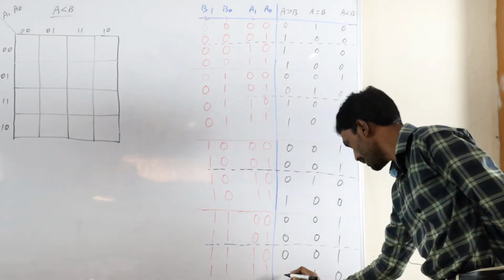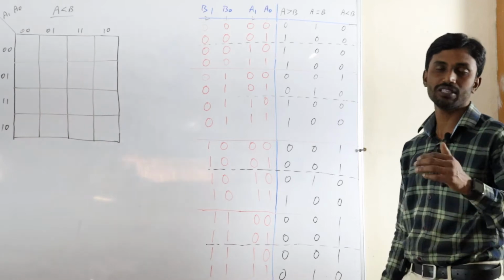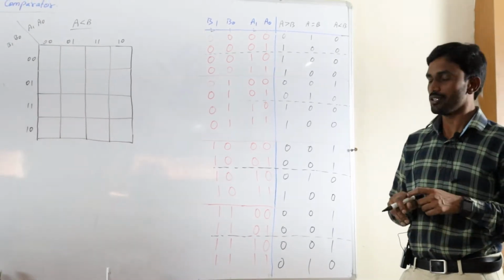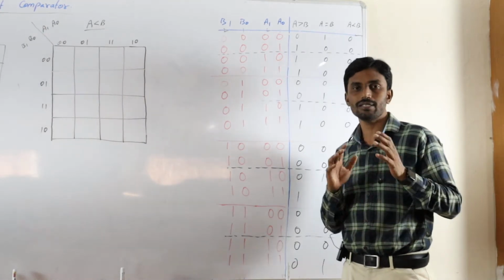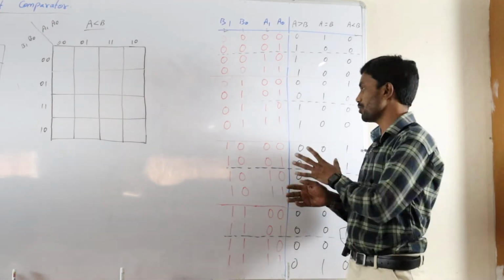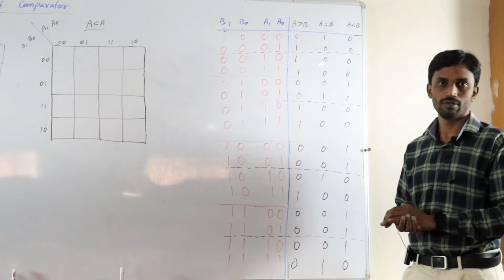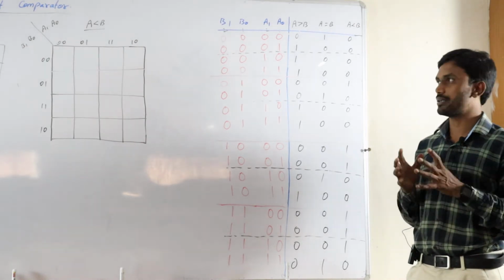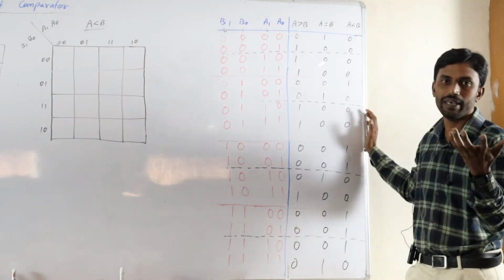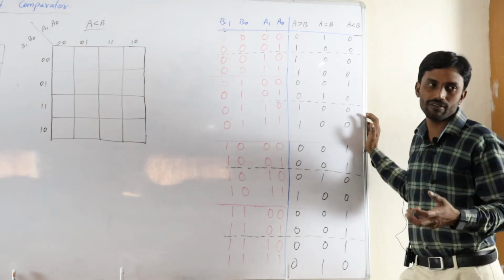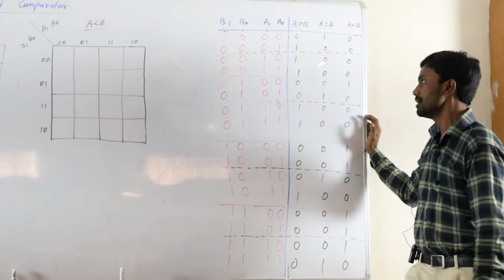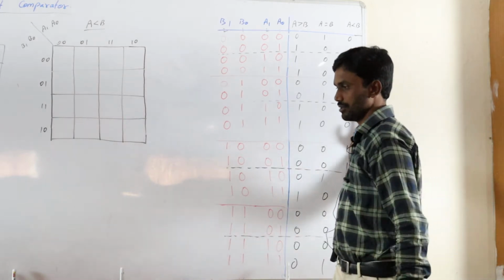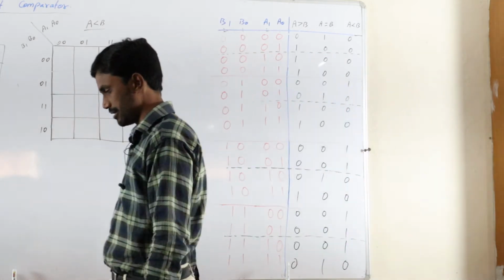So this is my truth table for the design. The first step for the design of any logic circuit is a truth table. So I have made this truth table. Now I should develop logic equations, Boolean equations, such that I can draw the logic diagram and then go for the output. So how can I design that? By using the K-map technique.